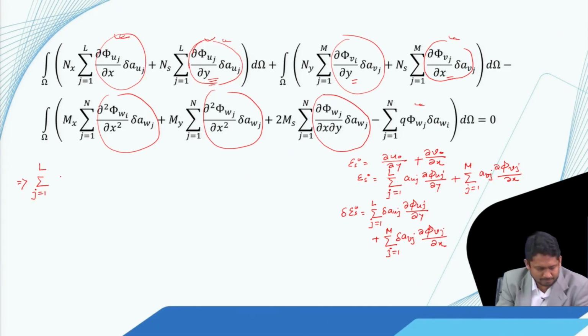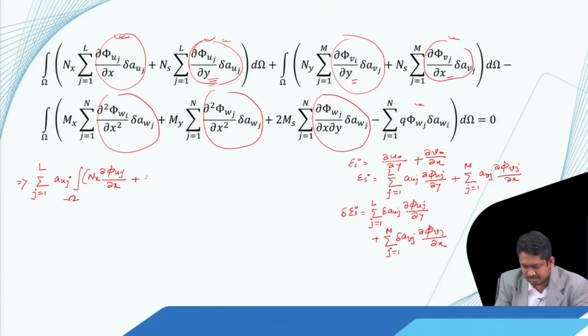The summation over j equal to 1 to L of delta a u j multiplied by the integral of n x del phi u j by del x plus n s del phi u j by del y, integrated over the surface. So, all we are doing is collecting the coefficients of delta a u j and clubbing them together, plus